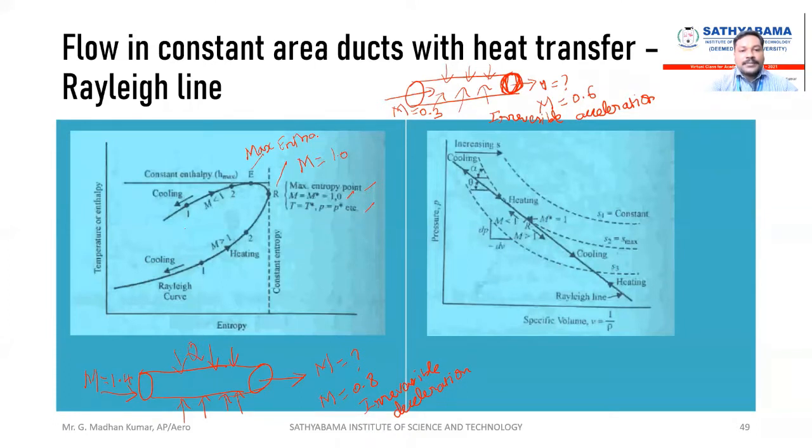Maximum enthalpy point. And then R is nothing but the maximum entropy point. So in between E to R, there is a temperature drop, right? There is a temperature drop or enthalpy drop. So in this, what happens? When the enthalpy drop occurs, what happens? So this is the question, right? The temperature suddenly drops when it reaches the Mach number, right? So this is the state that represents that theory.